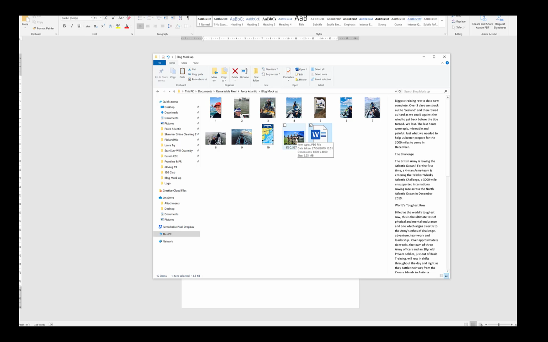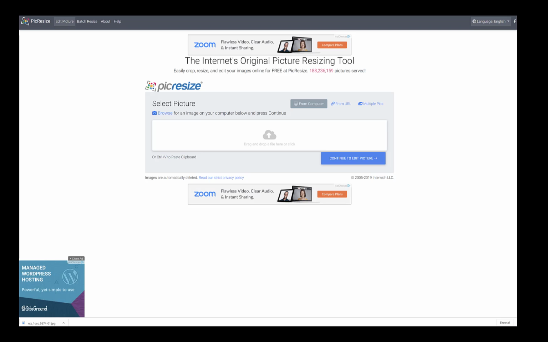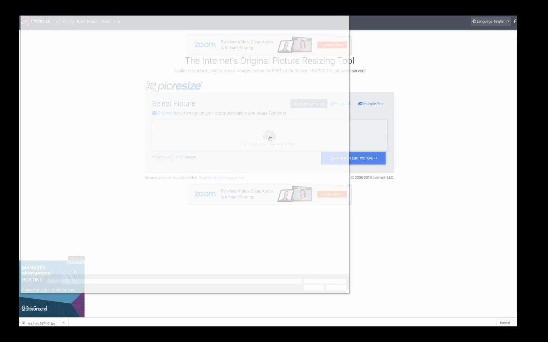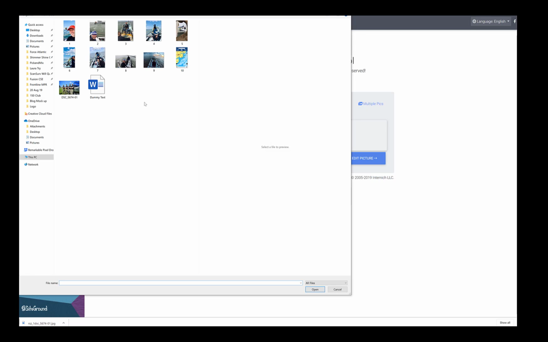So if you do get any big pictures like that, this is a website that's really easy to resize pictures. It's called picresize.com. It's quite a simple interface. It says you can drag and drop, but I do find sometimes the drag and drop doesn't always work, so I always tend to click on it to actually search for the photo. So we're going to find this massive 8 meg file and click on it,